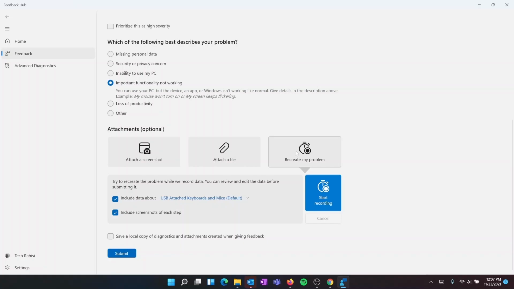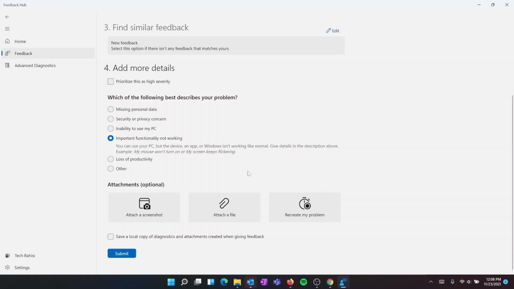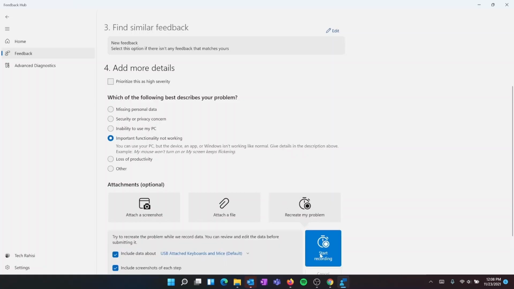So you remember when we said you can launch Feedback Hub using the start menu or using Windows F. Actually, when you use Windows F to launch Feedback Hub, a screenshot is automatically attached. But since we launched the normal way, it's not here. So I'll try and recreate my problem. I'll start recording. Yep. So right now it's recording,